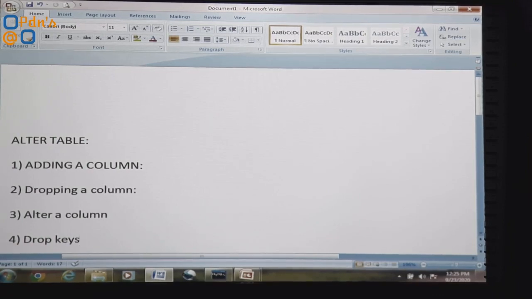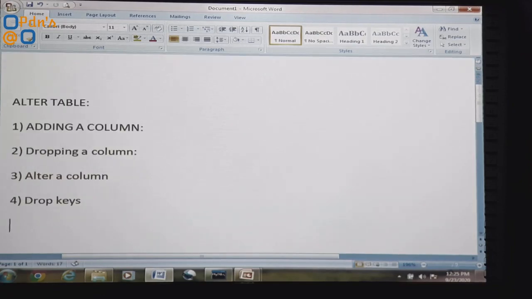Then if there is a need for insertion of certain constraints into our relation at some point of time later, in such a situation also we may go ahead with the alter table command.